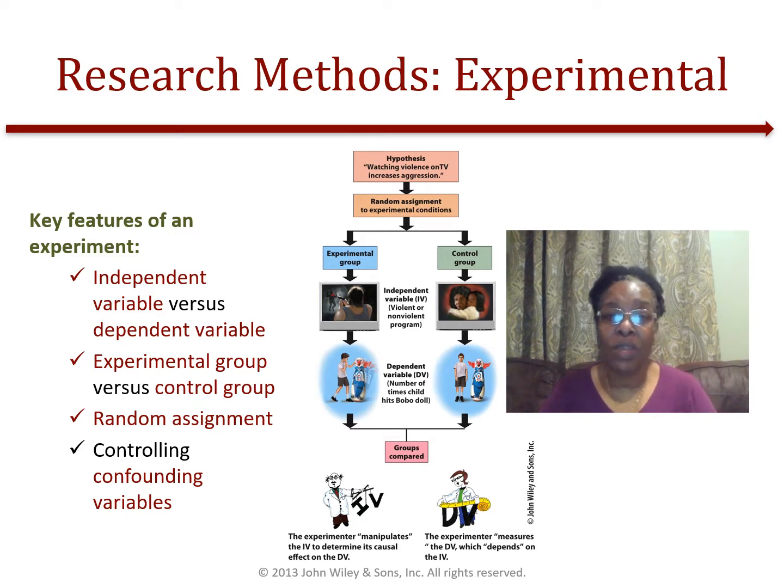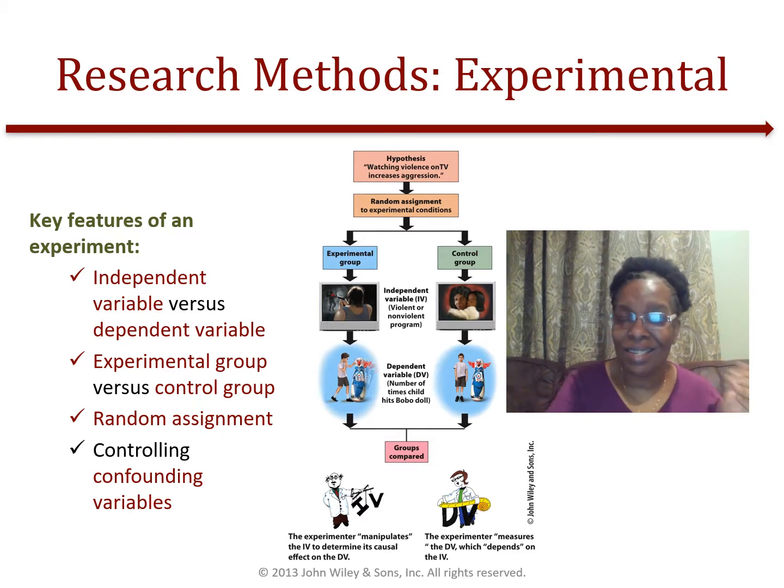Now, in terms of experimental, you've heard me mention variables. There's two types that we work with when we're talking about experimental. We are looking at the independent variable, and this is basically the factor that we would manipulate. When we talk about independent variable, remember the word manipulation links to independent variables. This is what we are allowed. Whereas the dependent variable is the factor that we will be able to measure. Okay?